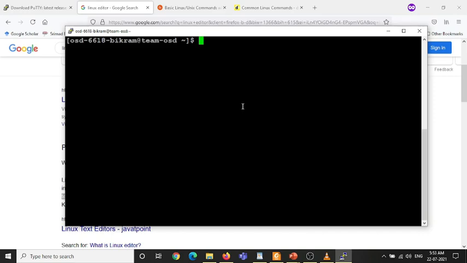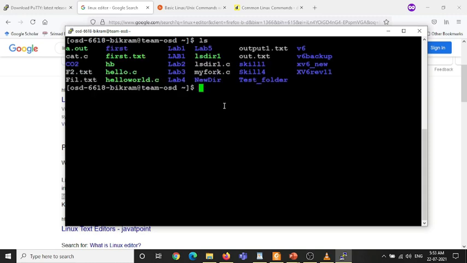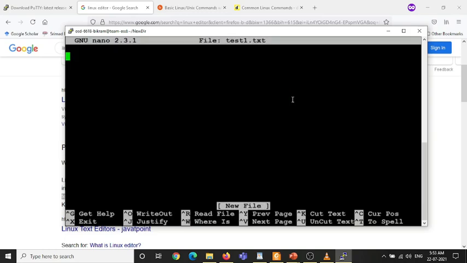If you can see, I have created a new directory. Then I will navigate to that. I will do cd new directory. Okay, so I am now in new directory. How to create a file using Nano editor means you need to type nano and the file name. Suppose I will create one file, text1.txt. The file name is text1.txt. After this I will hit enter.